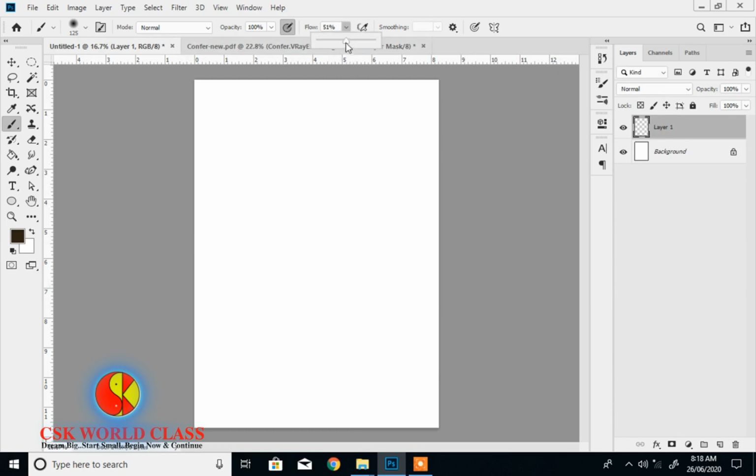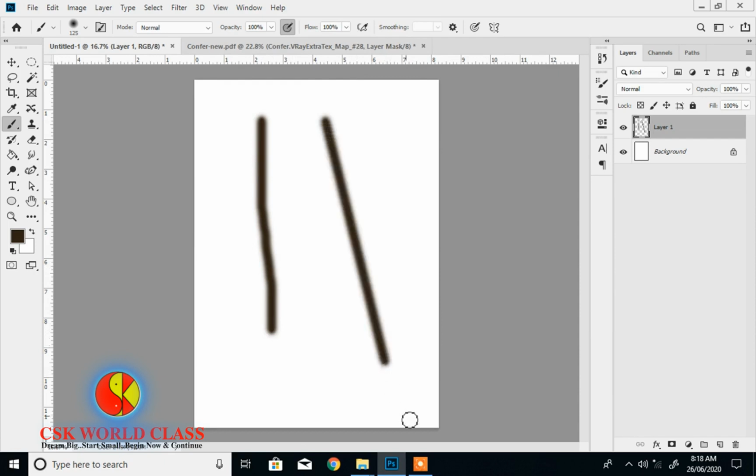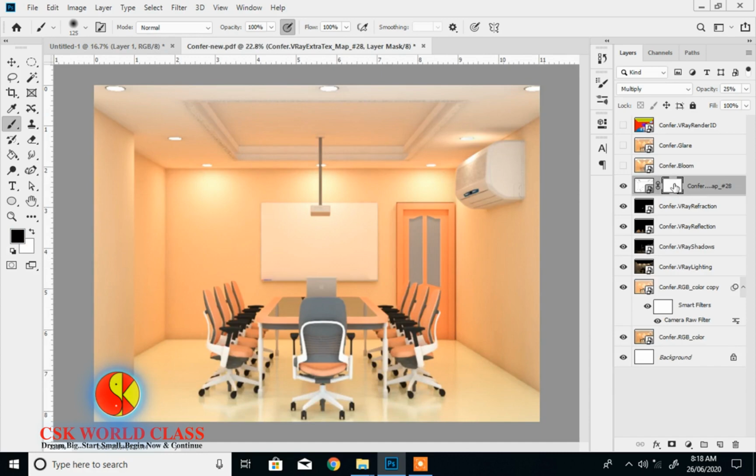Increase the opacity. Suppose I want a straight line, so click there first, then while clicking the second time hold down the shift key, and you will get an automatic straight line. First point, then press shift and click the second point. Okay, I will use the same on this image.